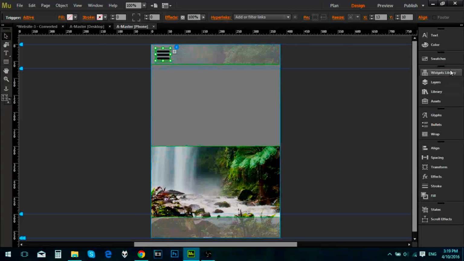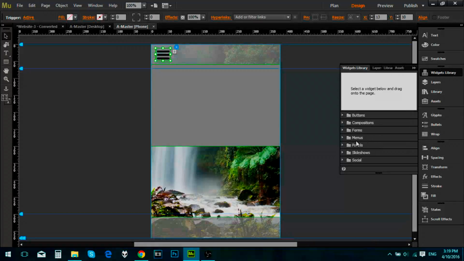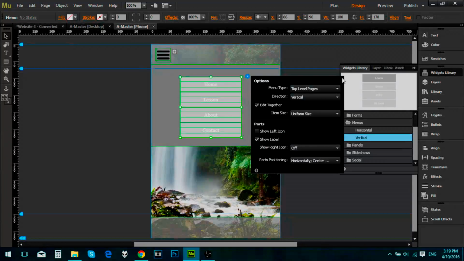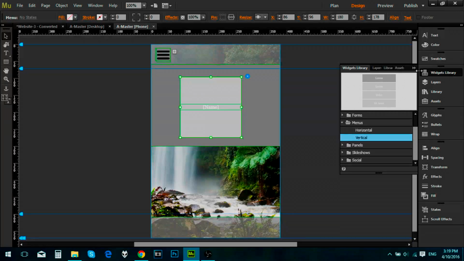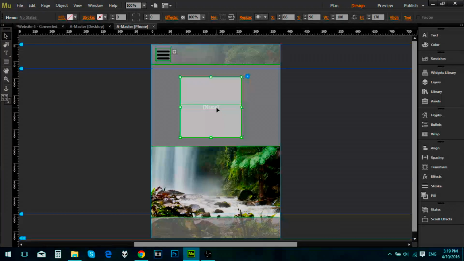So what we're also going to do now is build our structure for our actual navigation. So let's go into menu. Let's add in a vertical menu this time. We're going to do it manually this time. Vertical, uniform size, and show label. Take the label off. Well, no, we want the label on. And now we're going to add